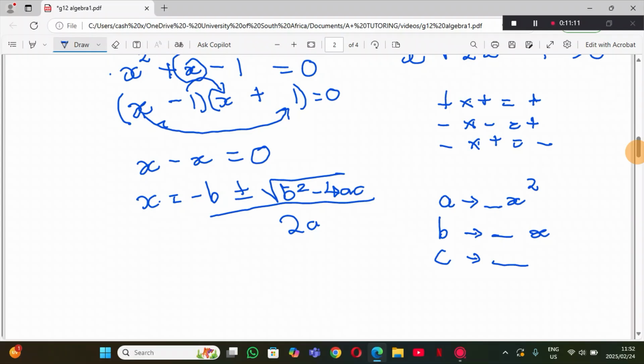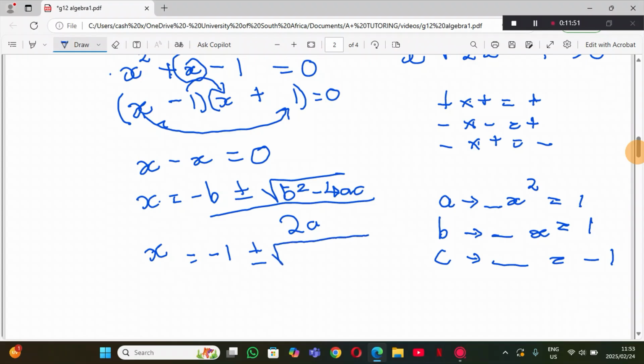A will be 1 because there's 1 here, right? B would be 1 because x has 1. C would be the constant, which is minus 1. Remember that every number takes the sign before it. So if I had a minus here, B would be minus 1. So here it's minus 1, meaning my A is 1, my B is 1, and my C is minus 1. Okay, so now I go and I say x is equal to minus b, which is 1, meaning minus 1, plus or minus